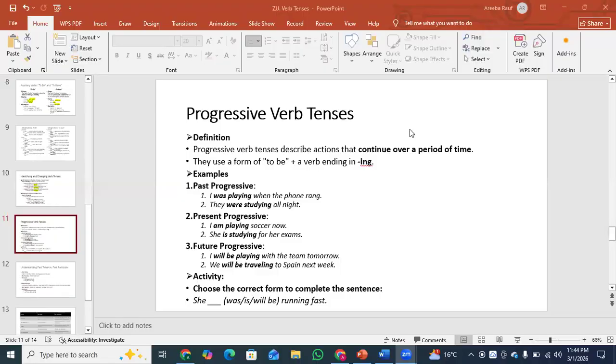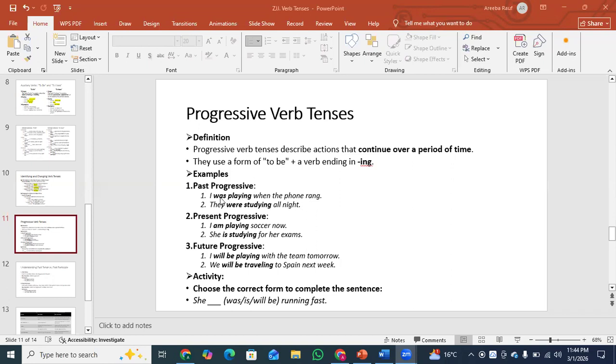Okay. Progressive verb tenses describe actions that continue over a period of time. We use a form of the verb to be plus a verb ending in -ing. Basically, progressive verb tenses show an action that is happening right now or continuing for some time. Okay, for example,